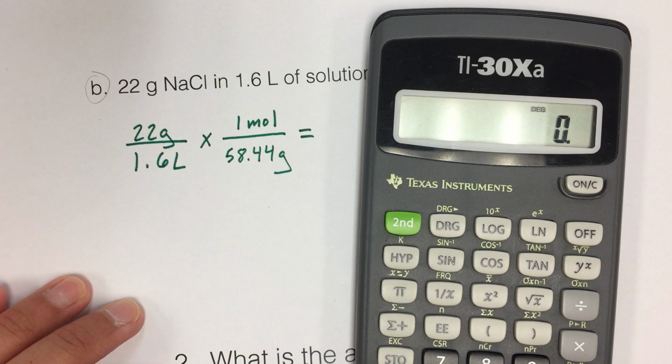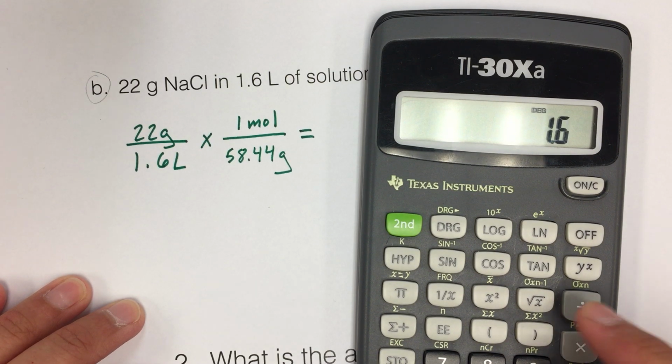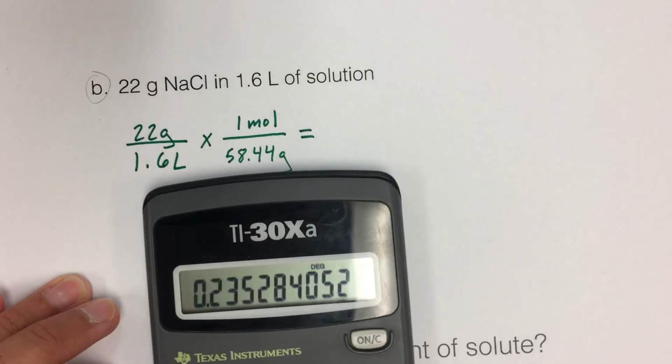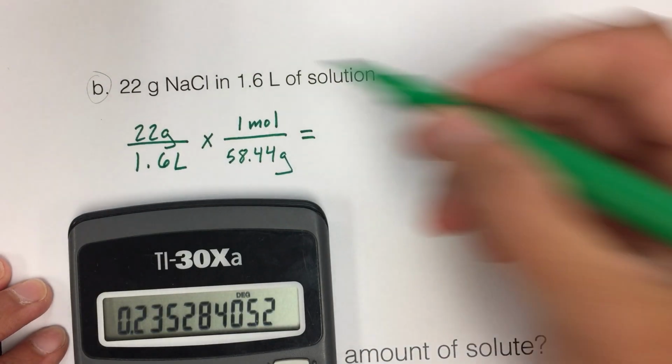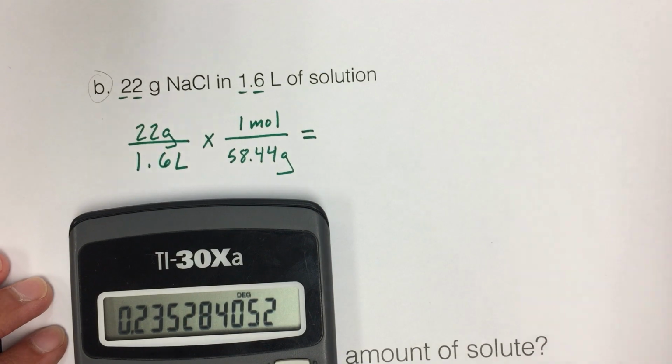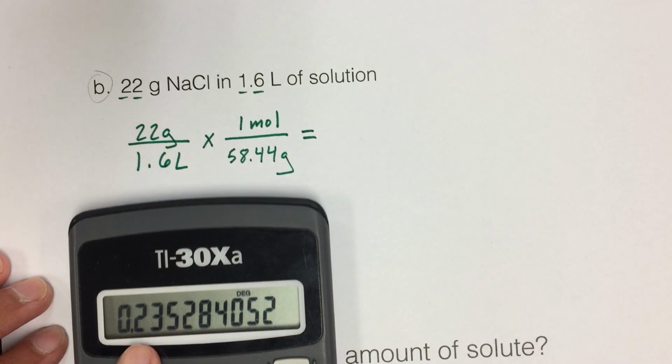So we'll do 22 divided by 1.6 divided by 58.44, those numbers are both in the bottom, equals this number. We're only allowed to have, so this number has 2 sig figs, this number has 2 sig figs, so our answer can only have 2 sig figs, so it's going to be